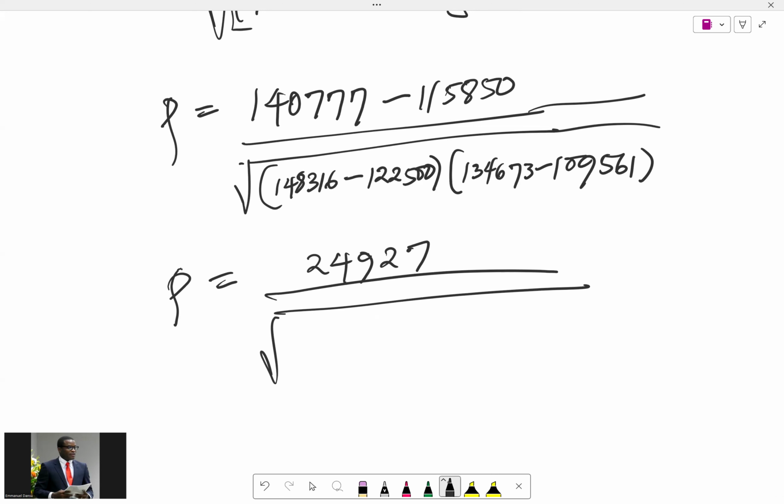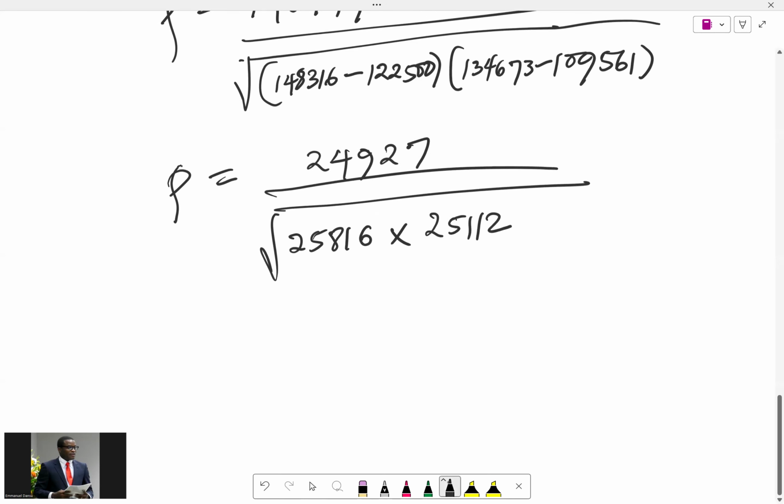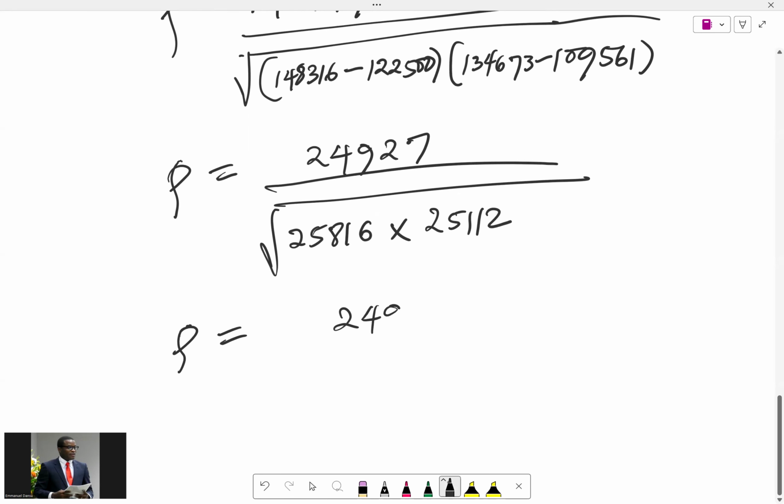That is 25,816. Times 134,673 minus 109,561. That is 25,112. So rho is equal to 24,927 divided by the square root of